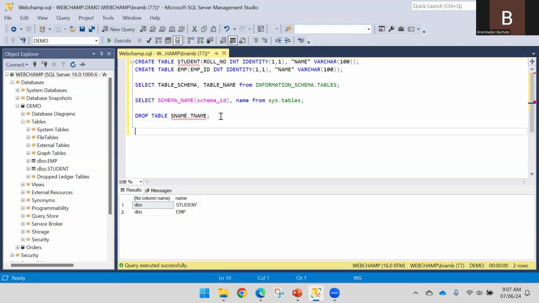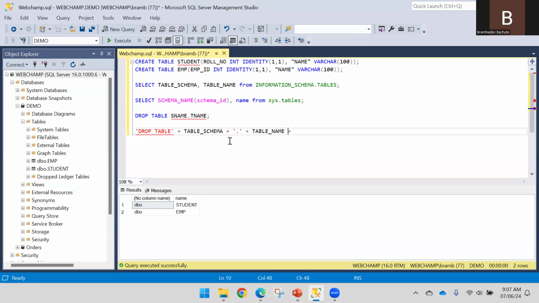So let me say, and to store that, what I can do is simply say drop table, then a concatenation operator I will use, and here I can bring the table name. First I will say schema, and then plus, so this is the concatenation. Let me add the dot, then plus, then table underscore name,